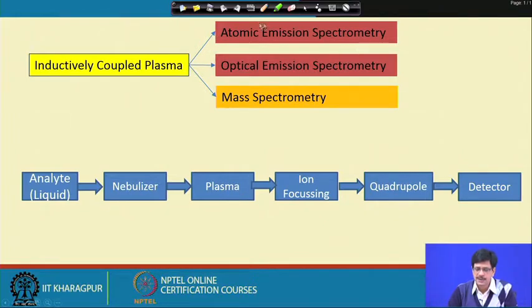We will not be discussing these in detail. They simply work on the principle of concentration versus the intensity of the emission in the optical range, when the ions emit a characteristic wavelength after they are excited. Inductively coupled plasma mass spectrometry is an improved technique in which we can analyze to much lower concentrations, sometimes even a few parts per billion, or even parts per trillion if we have well calibrated the instrument.